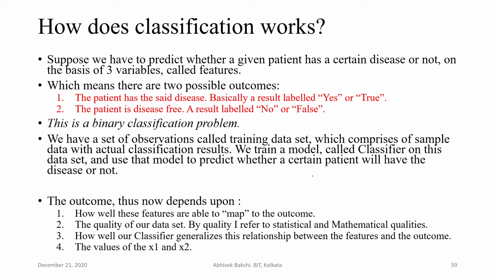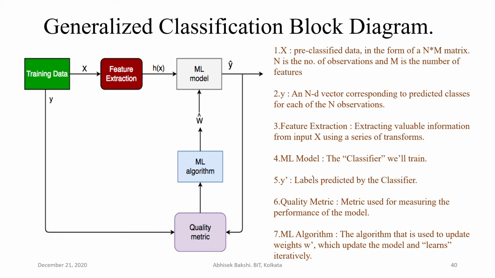So now the question is how much better the model will be, and how we can understand that. That's why those different types of measures were there, right? So let's see how the classification actually works. This particular diagram shows what's actually going on. We have a training data set over here that you can see easily.